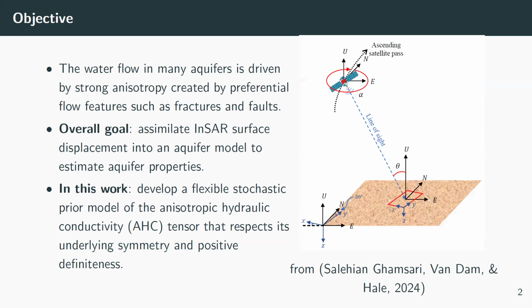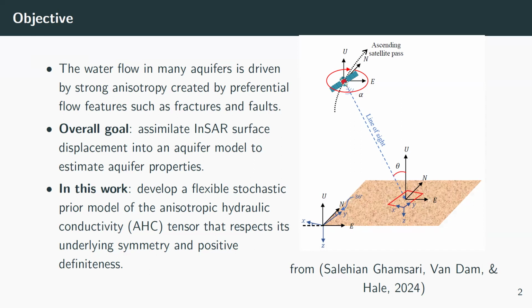And then we can use this data to measure surface displacement to the millimeter, and use it as input for our inverse problem and estimate anisotropic hydraulic conductivity. In this work, we developed a flexible stochastic model of the anisotropic hydraulic conductivity tensor that respects its underlying symmetry